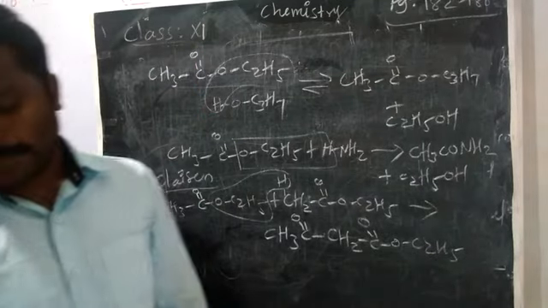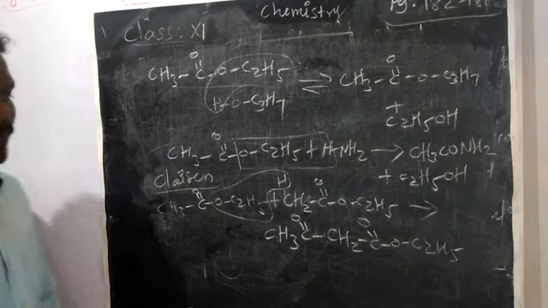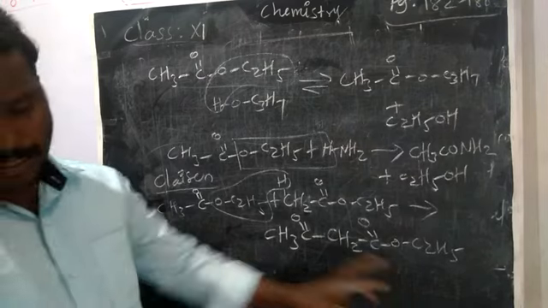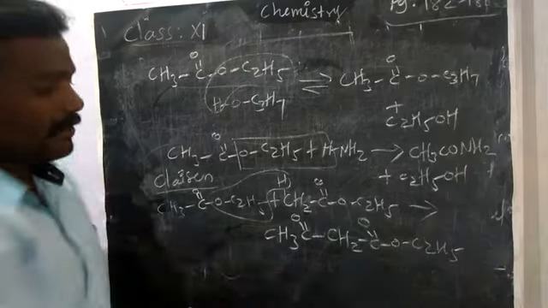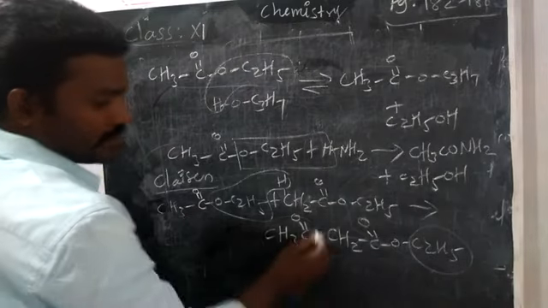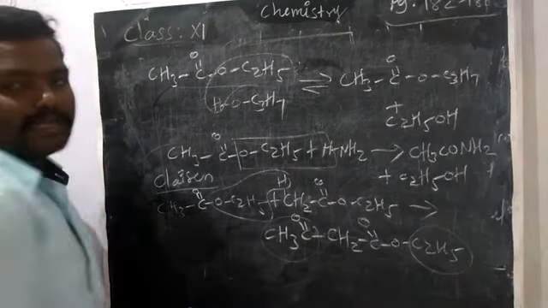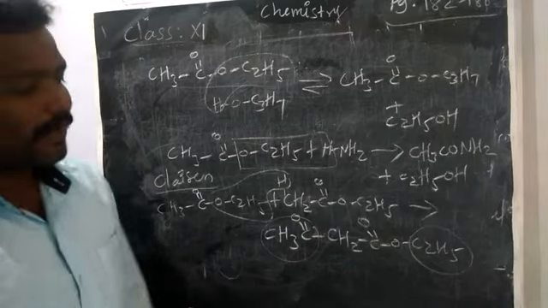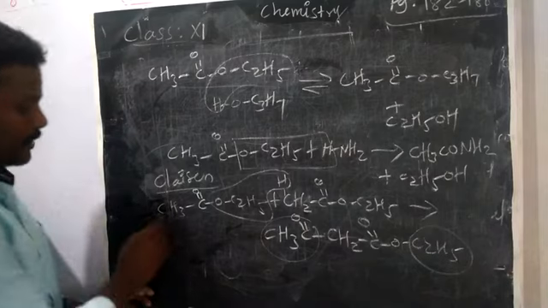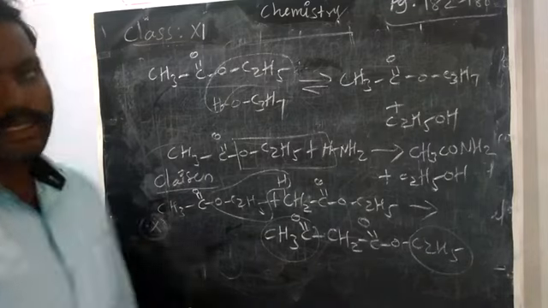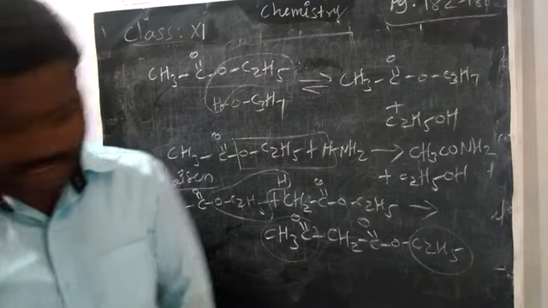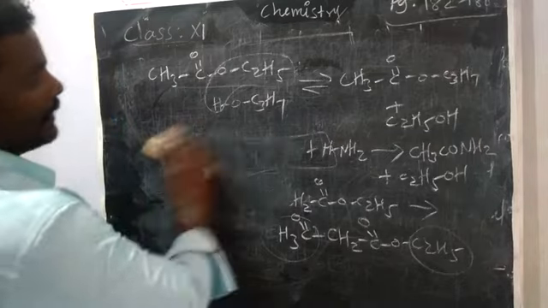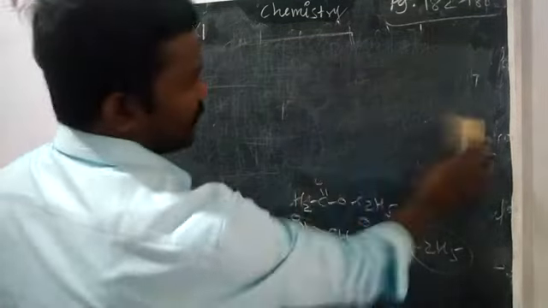Very important. They will ask how will you prepare ethyl acetoacetate. This is ethyl group. This is aceto group. This is acetate group. So ethyl acetoacetate is the name of this product. Very important reaction. Mark it in your book itself. Then the last reaction, acetic anhydride. Sorry, ester reacts with PCl5.